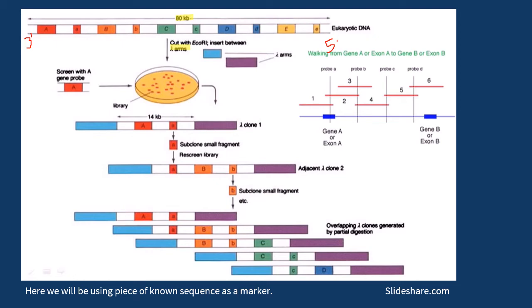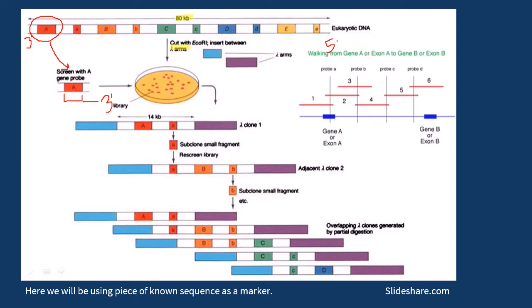So we will start with the chromosome walking now. By doing this cloning and restriction enzyme process, you will get to know about the markers, some known or identified gene sequence. You will use that gene sequence as a probe to start your walking. To this sequence we will design a primer, and this primer will keep on adding nucleotides towards its 3' end, say around 700 base pairs or something.